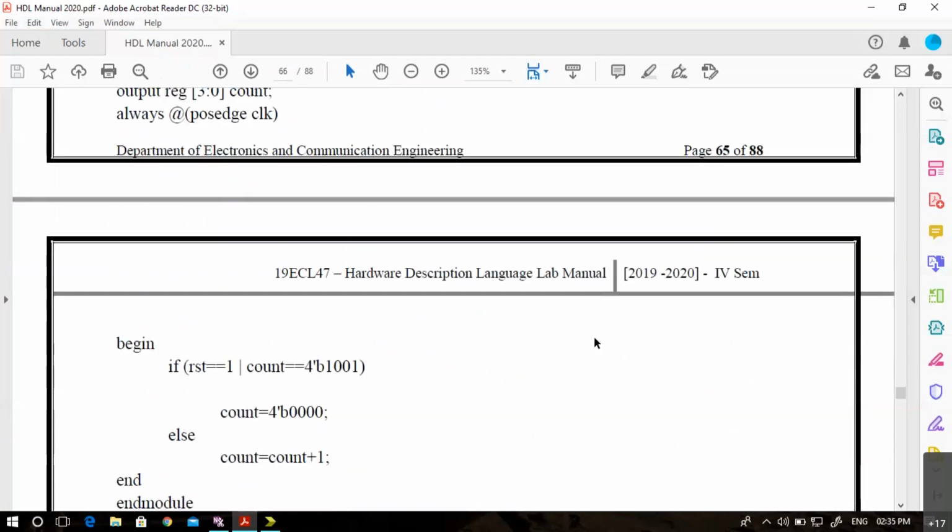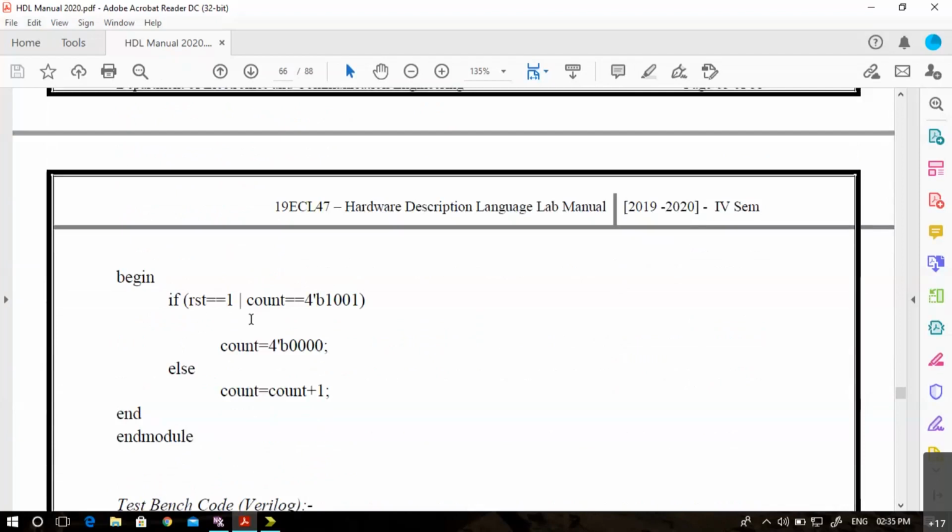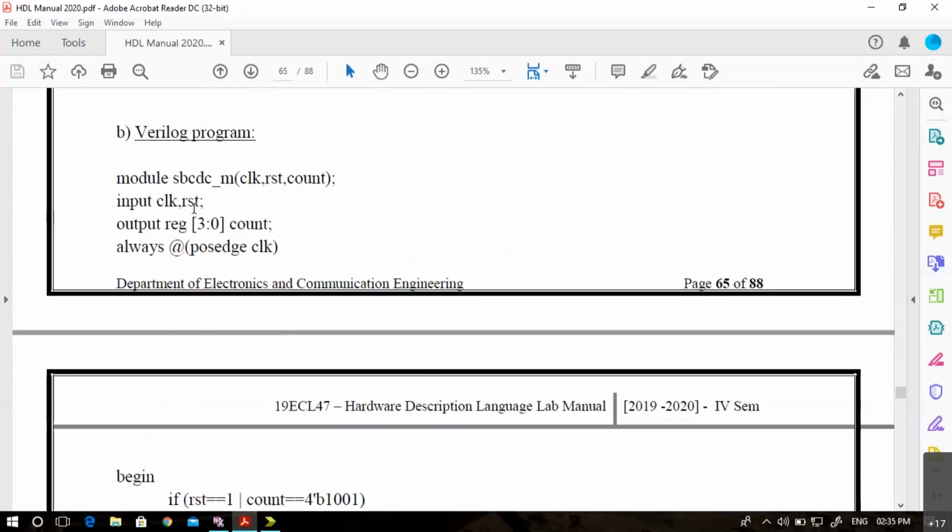Same logic with Verilog. You can see if reset is 1 or if count is 1001, then count is assigned to 0000, else count is count plus 1. So let me copy this code to the Xilinx ISE.